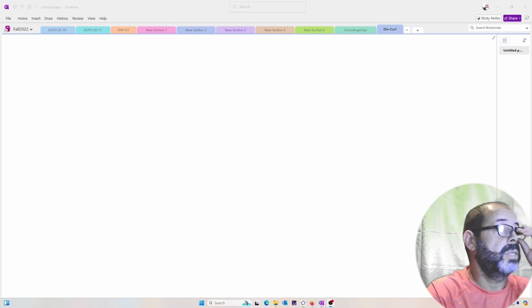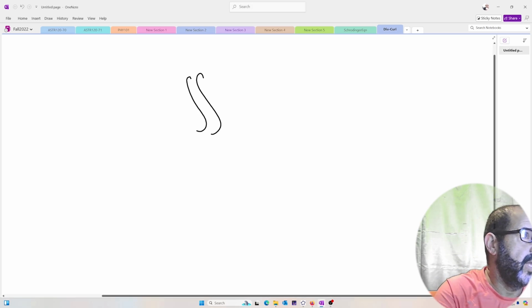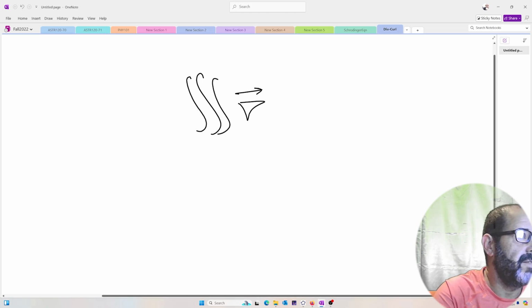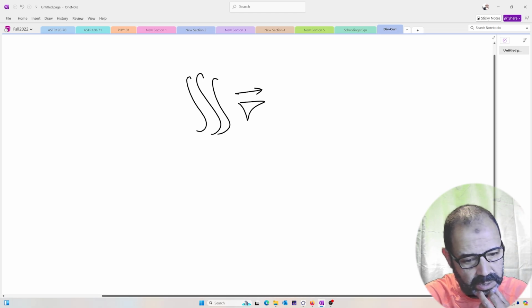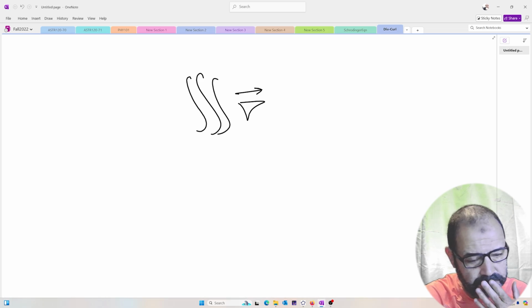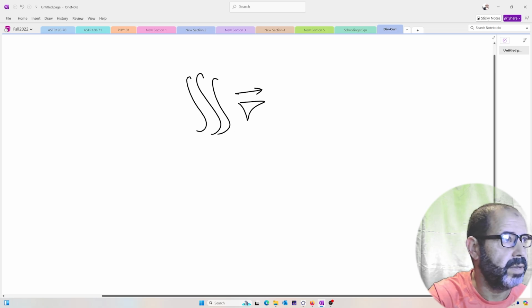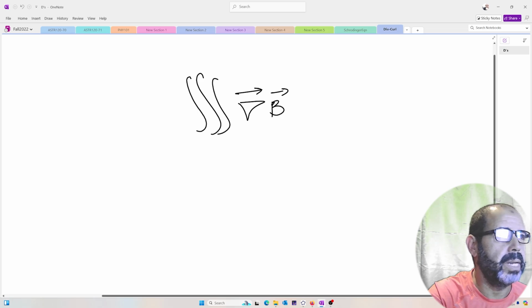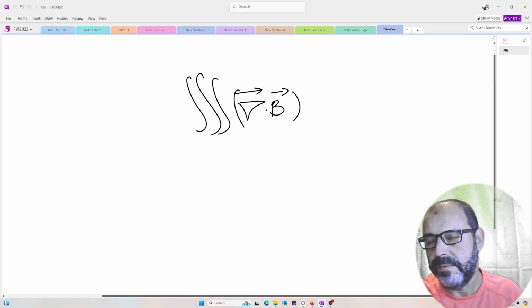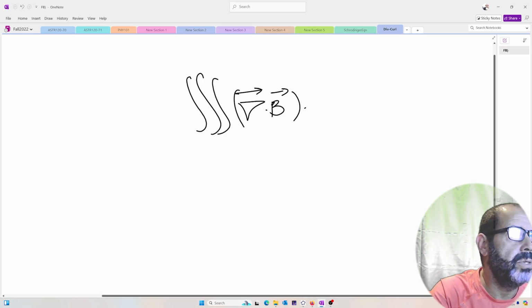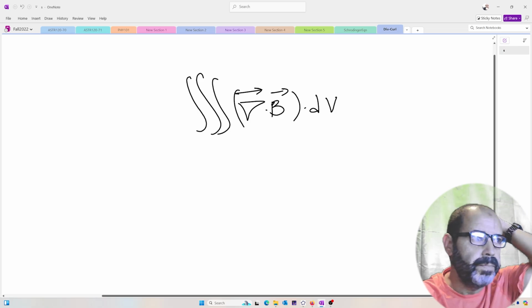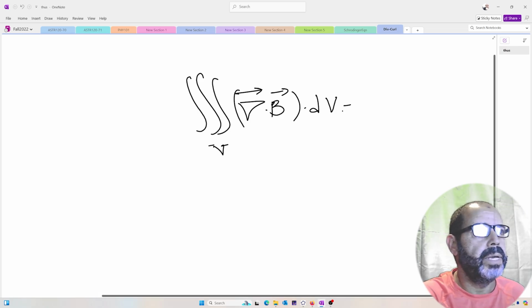First of all, I'm going to start with the divergence, okay? So the integral of the divergence of a vector, which I'm going to call, let me call the vector A, okay? We're going to be using the letter A extensively for the area. So I'm going to call it the vector B, okay? Not necessarily having to do with the magnetic field, but that's a vector nonetheless, okay? It could be the magnetic field. So we're interested in trying to find the integral of this over a volume, V,